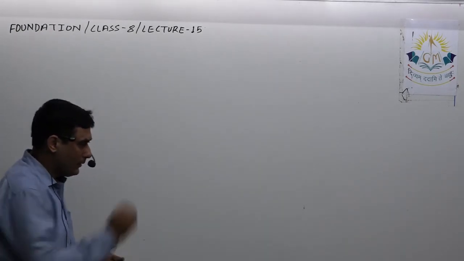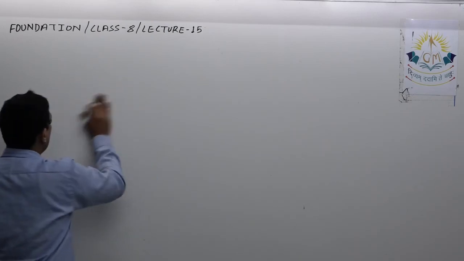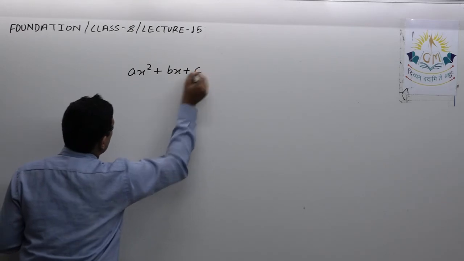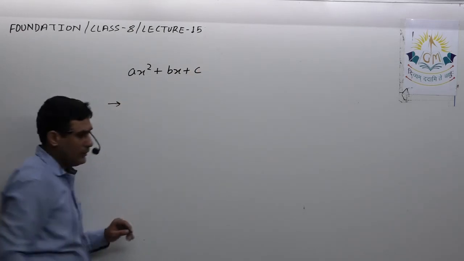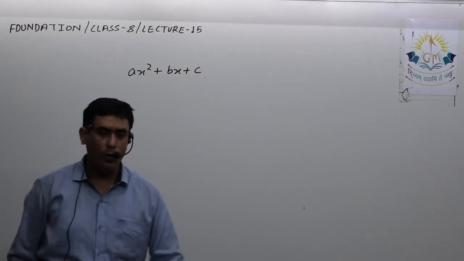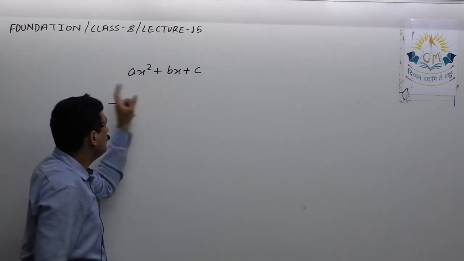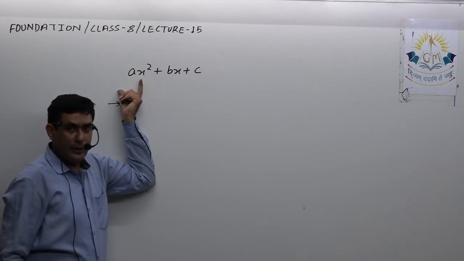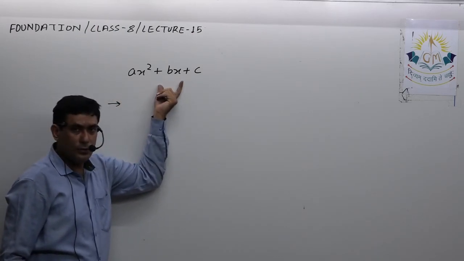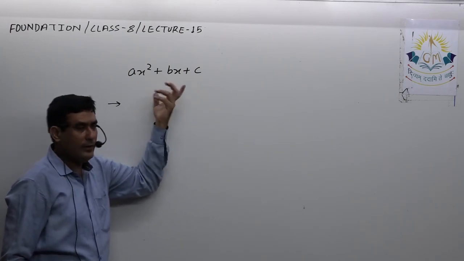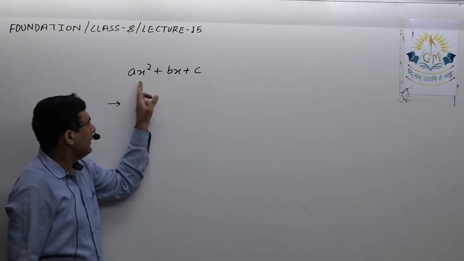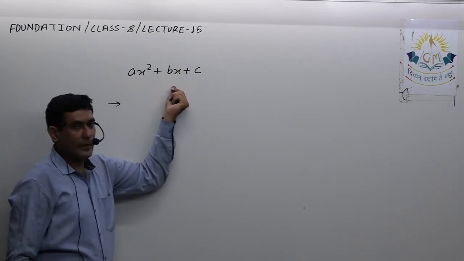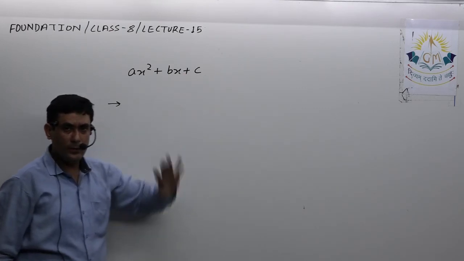So I'll give you some steps that we have to follow. Suppose we have the expression ax square plus bx plus c. The very first thing that you have to observe is that the given expression should be in the standard form. That means the first term should contain x square, then the second term should contain x, and x means any variable, might be y or whatever. Definitely a single variable will be there. So first term of power 2, second term of power 1, and the third term must be a constant.